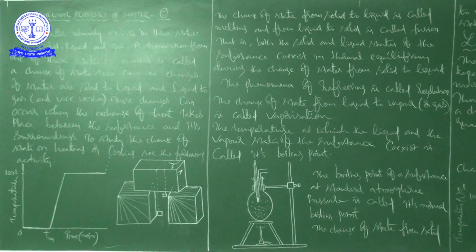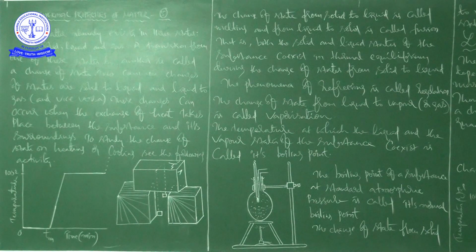So please keep in mind, through this activity we observed the vaporization process, and we are getting two important points. One is the boiling point increases with increase in pressure, the boiling point decreases with decrease in pressure. Now this explains why cooking is difficult on hills at high altitudes where the atmospheric pressure is lower. And we can say one more point here, that is the boiling point of a substance at standard atmospheric pressure is called its normal boiling point.